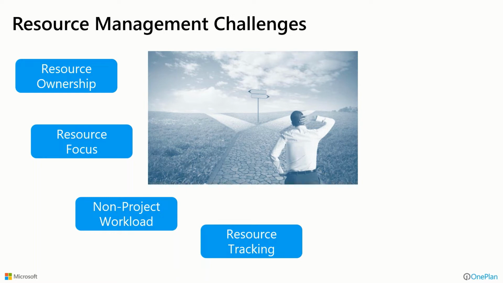So being able to figure out exactly how we're running and where we're spending our resources and where they're spending their time can have a bearing not only on the current run rate, but also on the assumptions we make in the future on where resources will be spending their time, or how much of their time they're spending on project versus operational work. And then resource visibility, the ability to see at any given point in time what's been committed, how people are actually scheduled in detailed work plans, and then where maybe from a time reporting perspective, where they are actually spending their work.